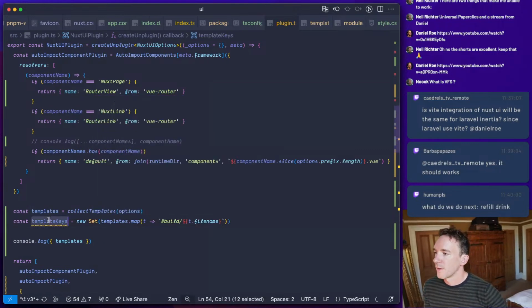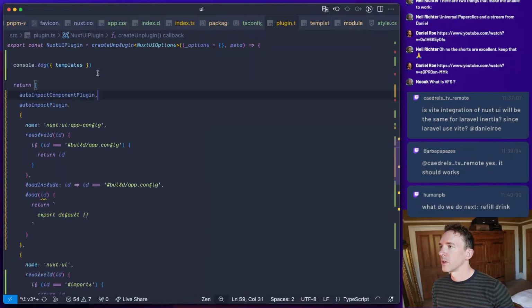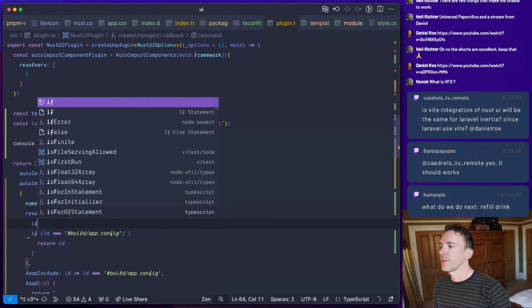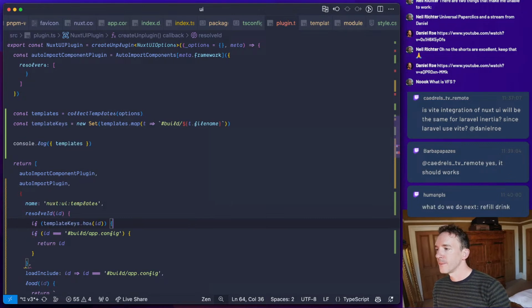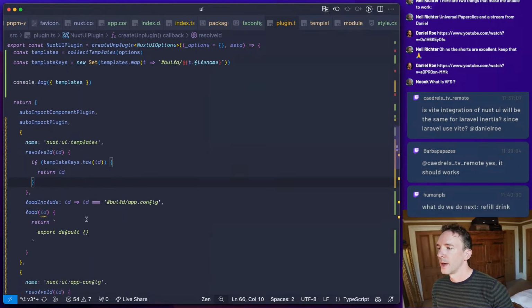And then we're going to have a VFS. So we're basically going to say if template keys has ID, I'll return ID. And then do the same here.